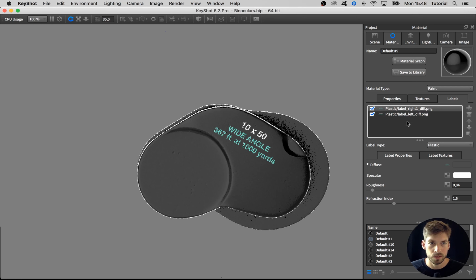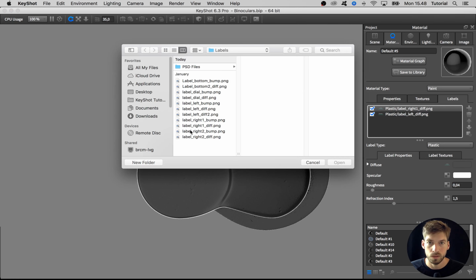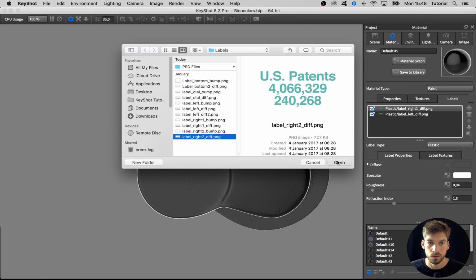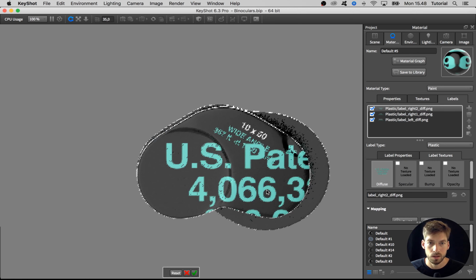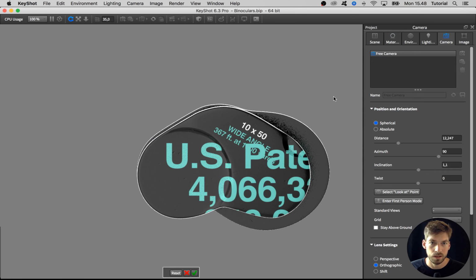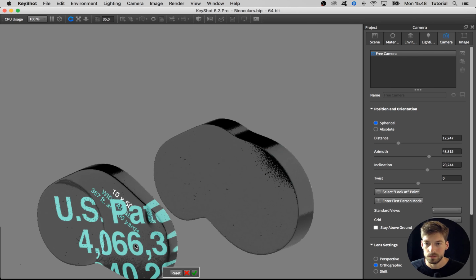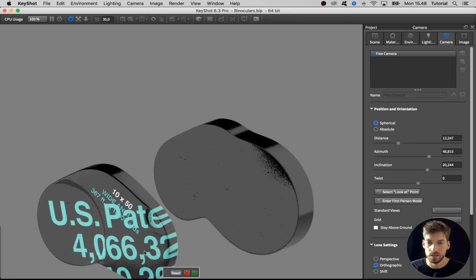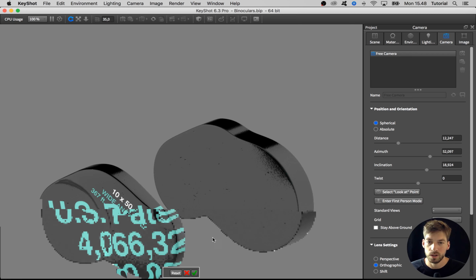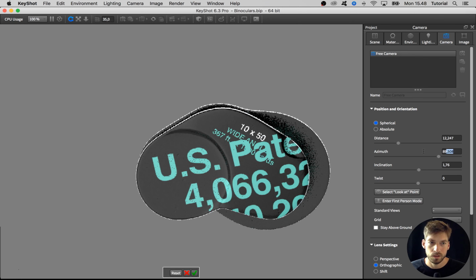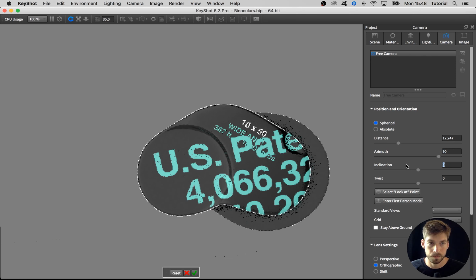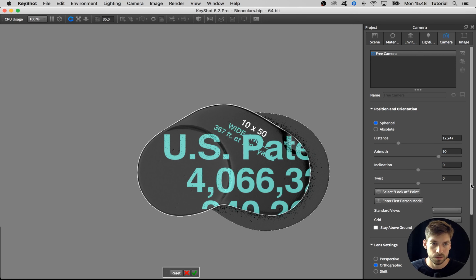Then we had another one for this right side. So again, I go to add label tab. Go to label right 2, diffuse, hit open and click where I want to place it. And again, here I want to go into a straight on view. If I'm in a crooked angle, it will get applied flat on this surface, perpendicular to the normals, but the angling will be off. So that's why I go straight on like this,